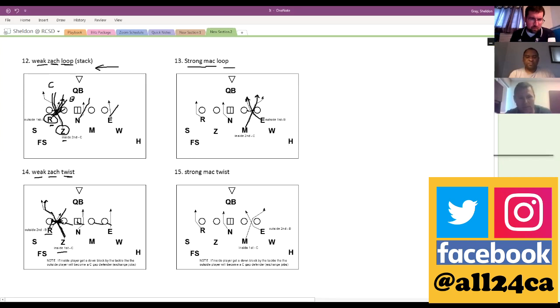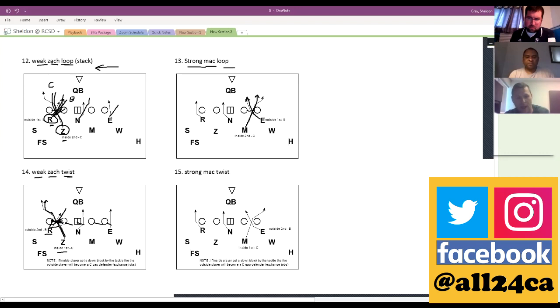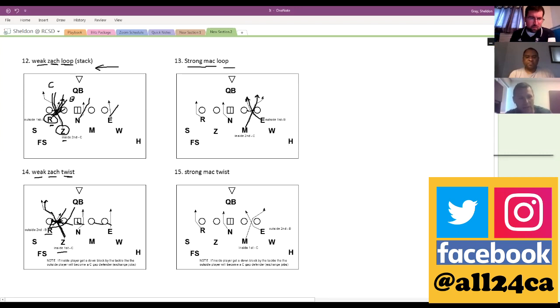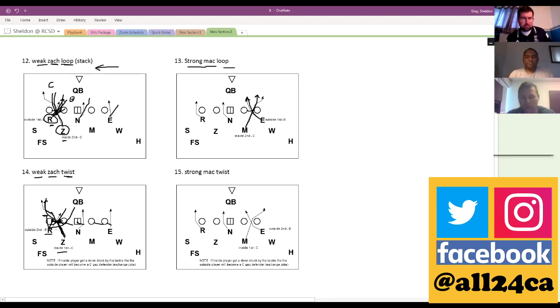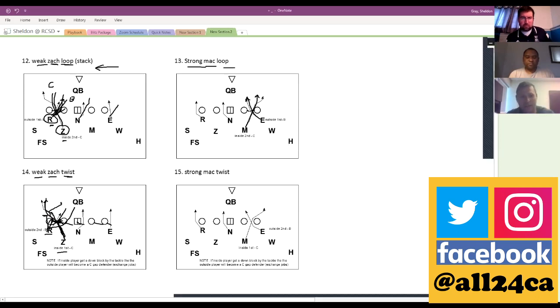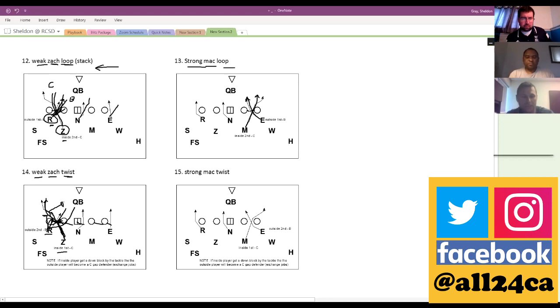And then what happens is the rush, instead of trying to squeeze through that and coming all the way across here, he's going to simply play that C gap. So it's just an exchange of responsibilities. We don't want that Zach to try to fight through a down block and then try to get out to the C. Quite often when we do that, we see RPO. So all we're going to do is have our Zach sit in there, stick in the B gap, try to hold ground in that B gap, and the rush is going to get out of the twist, and he's just going to play that C gap,